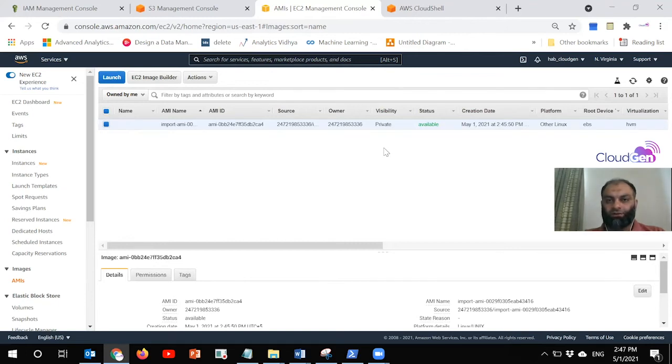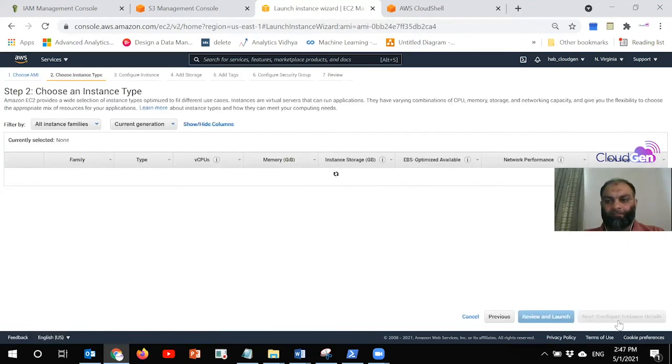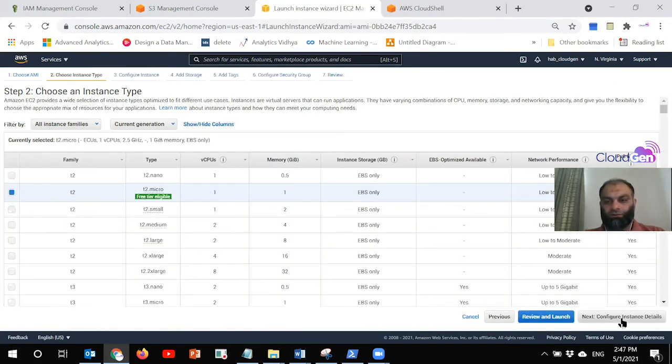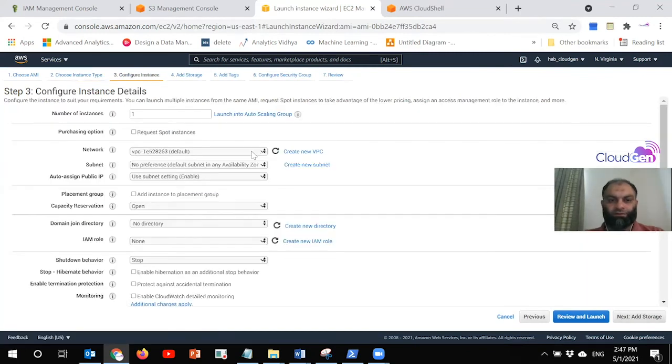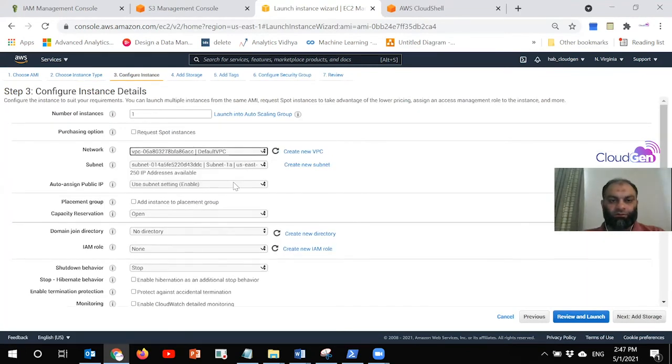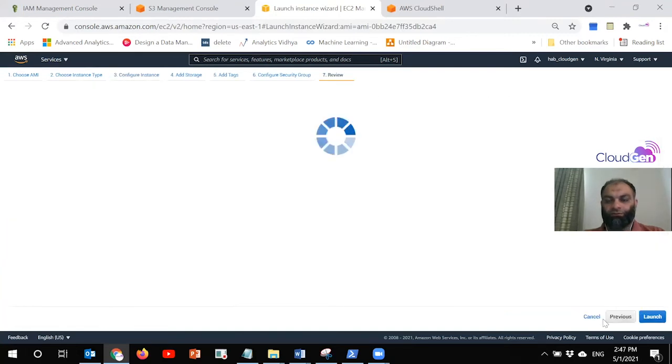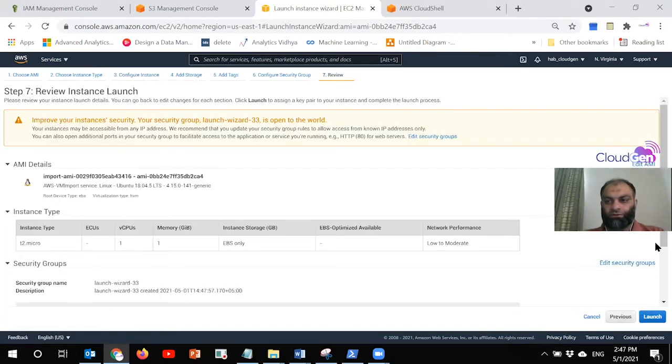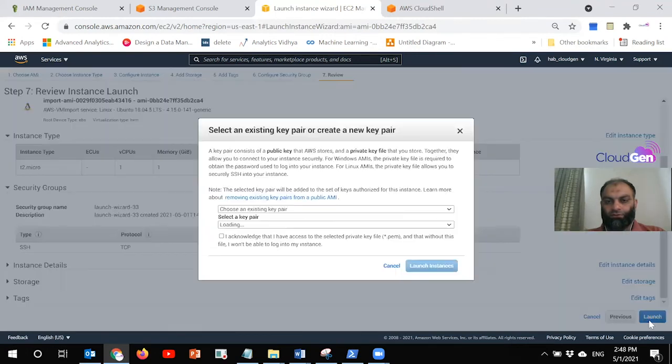Now that the image is there, you can simply create an EC2 instance. So we go to launch. By the way, it's an Ubuntu image, so it selects its AMI by itself. We configure the instance details, all the configurations that we generally do. We go to review and launch, and here we just launch this.